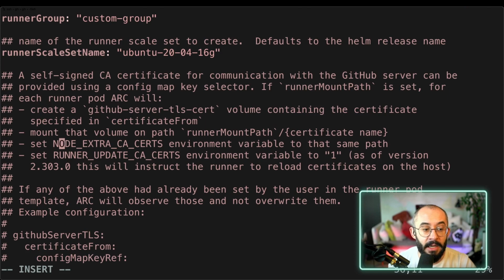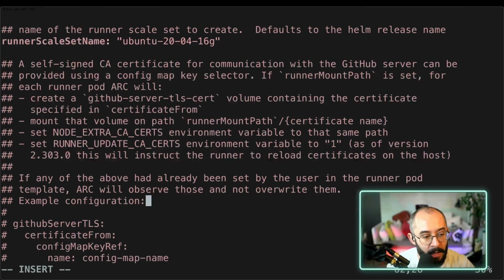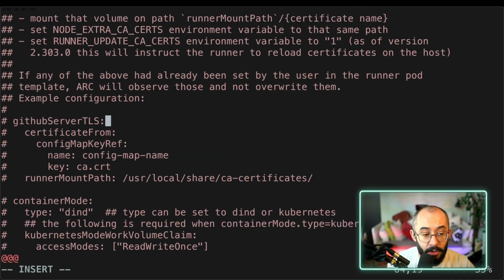The second thing is, it's going to set the NODE_EXTRA_CA_CERTS environment variable to that mount path that you specified, which will allow Node to also add these certificates to the trust store, because Node is quite special and it needs its own mechanism to trust certificates. And the last thing is, it's going to set the RUNNER_UPDATE_CA_CERTS environment variable to 1, and this will instruct the runner to reload the certificates on the host. This is the last part, which is what reload means: it's going to add them to the trust store for that container. So in order for this to work, you need to create your own config map where you specify the name